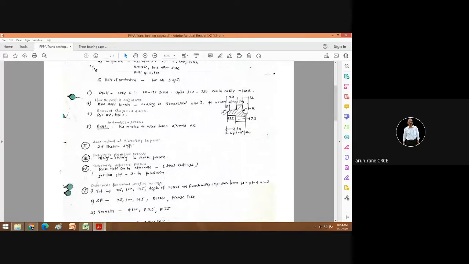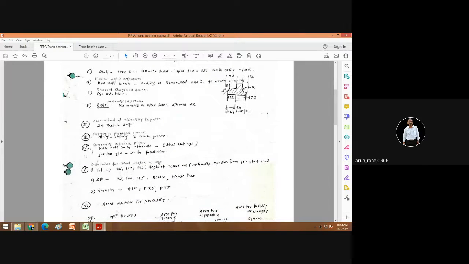Then second step, auxiliary method of visualizing the part. If the part is complicated, then you need 3D models, soft models in the software, or a physical model.